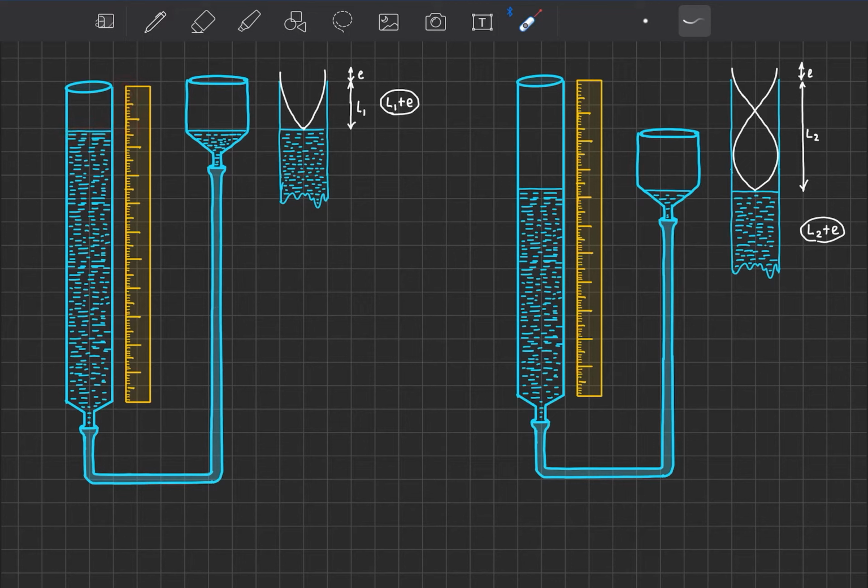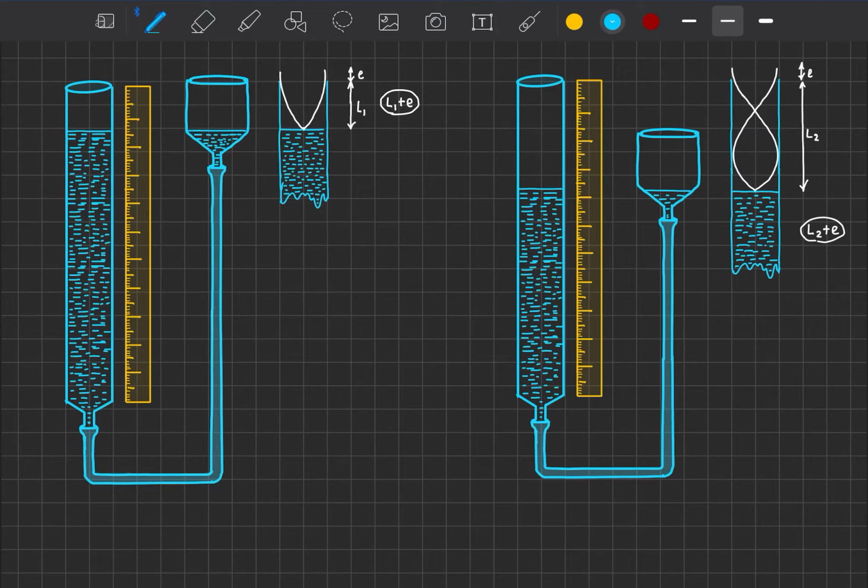So in this setup, just to the right of our experimental tube, there will be a meter scale, and the top of the meter scale will be exactly aligned with the open end of the tube. So when we see that at this length we are getting a resonating frequency, that will give us the first length at which we are getting a standing wave, and that length we can get from here.